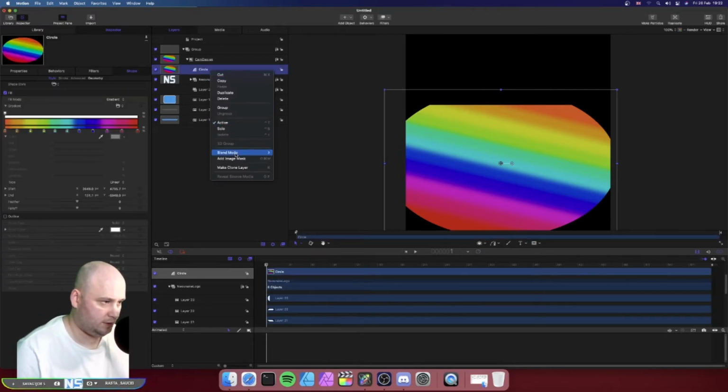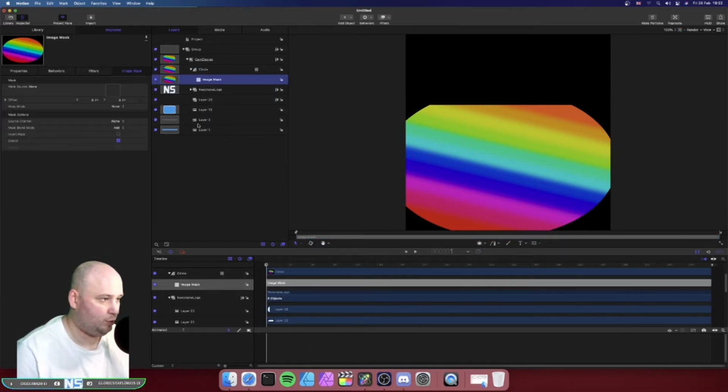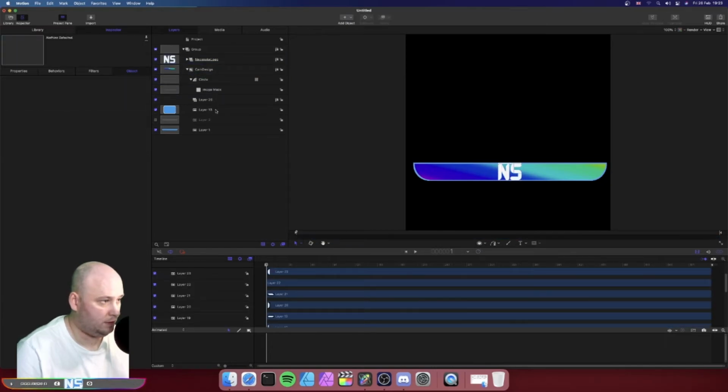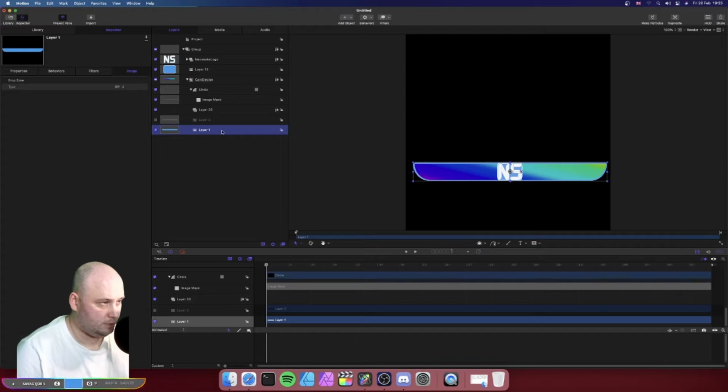We've got to add it to the circle, so add an image mask to the circle we just created. And then we'll drag in whatever layer we want it to show up on. So I said we'll do it for the grey, so we'll drag the grey layer straight into the image mask. And as you can see, it's shown up there. I need to put that over there to make it visible. So whatever you want to show on top,